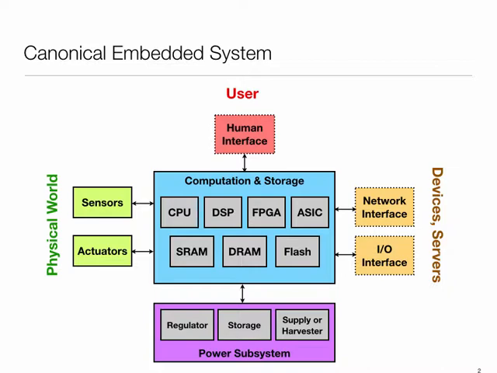Even the most deeply embedded of the devices tend to have something. Even the pacemaker had the interface for the doctor because you need to change it. And then finally, very crucially, you also have the power subsystem, where you have some way of getting energy, some way of storing energy, and some way of cleaning up the power so that the voltage and current you supply are adequate and of the right nature. So these are the main moving parts of an embedded device.